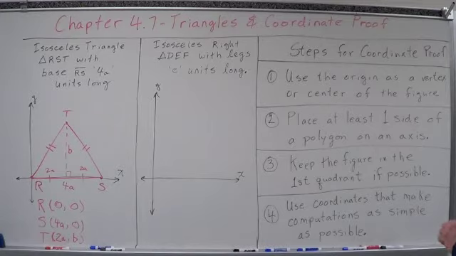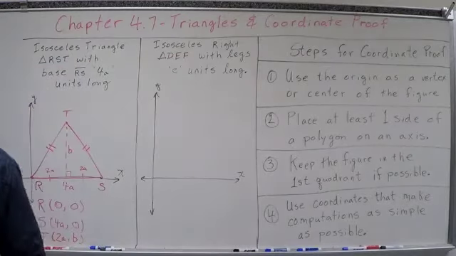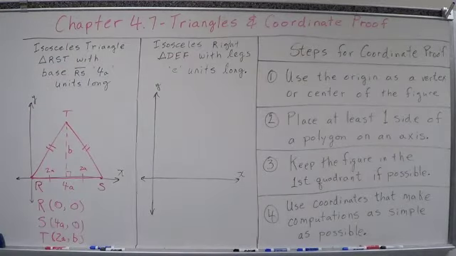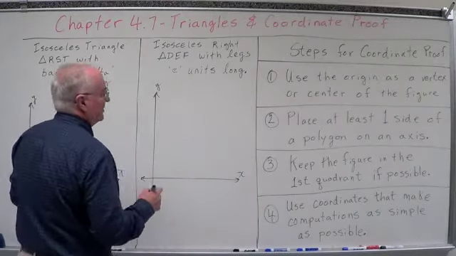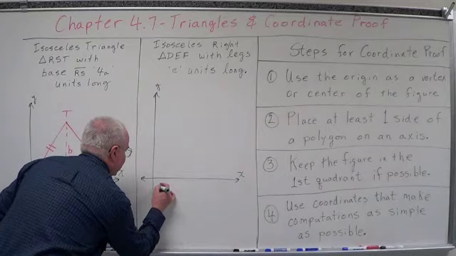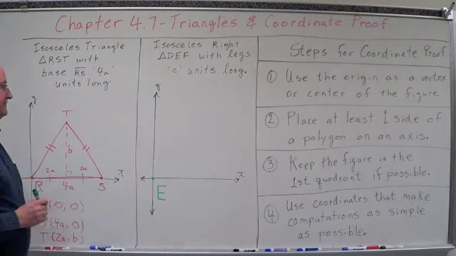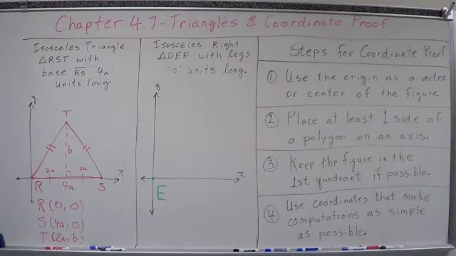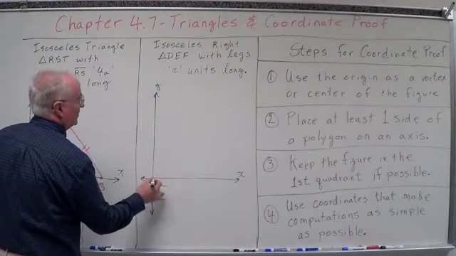All right? Isosceles right triangle DEF with legs E units long. It didn't tell us what the names of the legs are. Do we know where that DEF is? No, we don't, do we? Well, the legs are E units long, so let's make E the vertex. So I'm going to put E at the origin. So it's going to be right there. Okay? Now, if that's the vertex angle, then